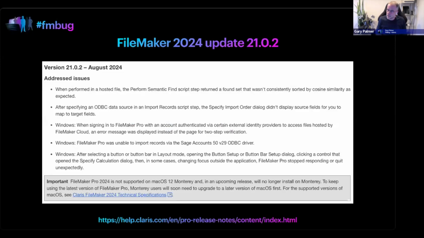Obviously, FileMaker's done an update. 2102 has come out. The details are on the screen. That's the obvious one. The thing I want to highlight, mainly to the developers out there, which you all are, is that you will have clients who don't want to upgrade, or they want to upgrade to the latest version of FileMaker but don't want to upgrade the 12-year-old Mac Mini it's running on. And the problem you'll face is that really important note at the bottom,